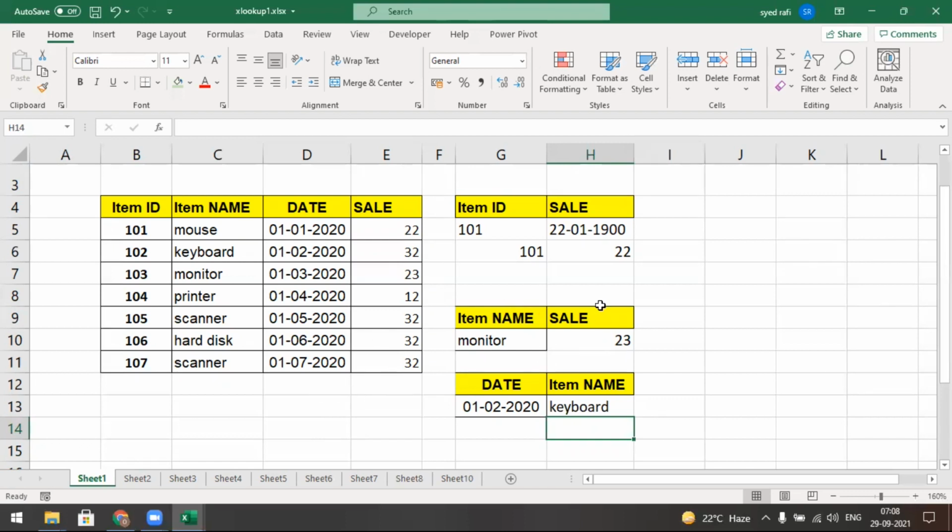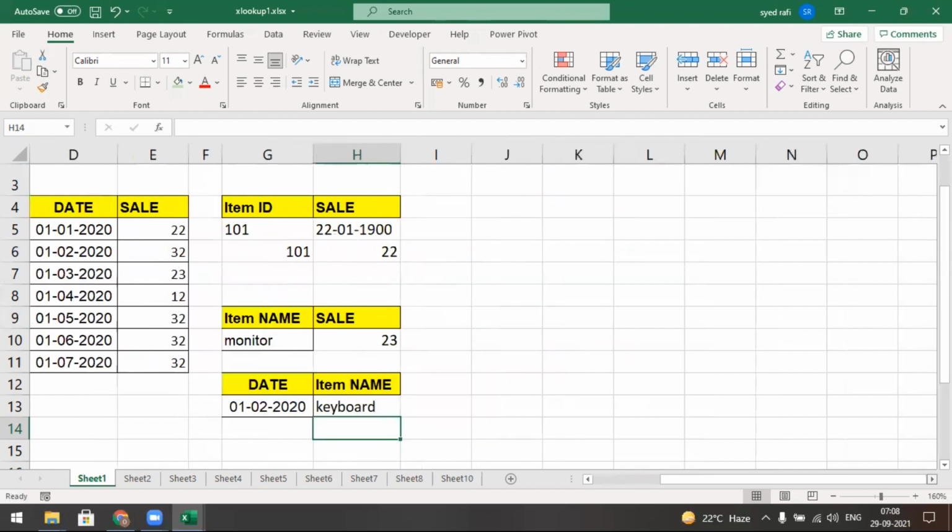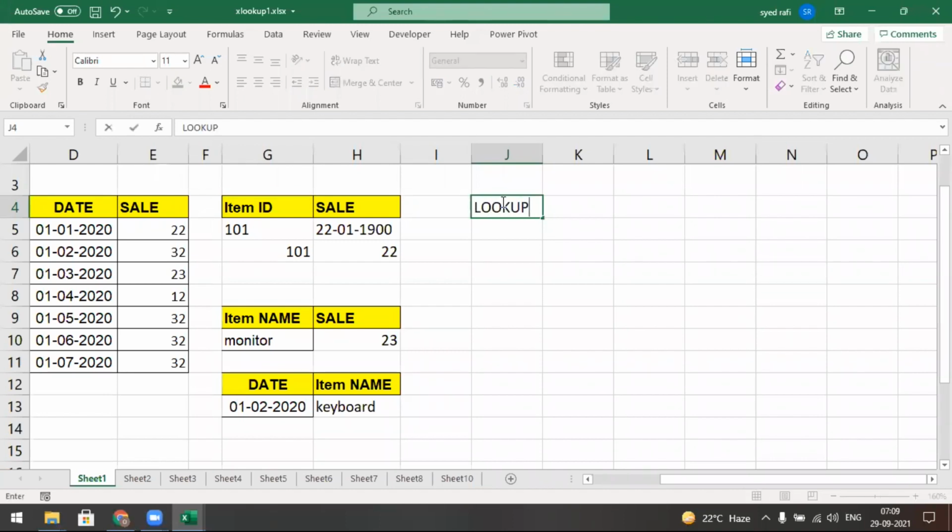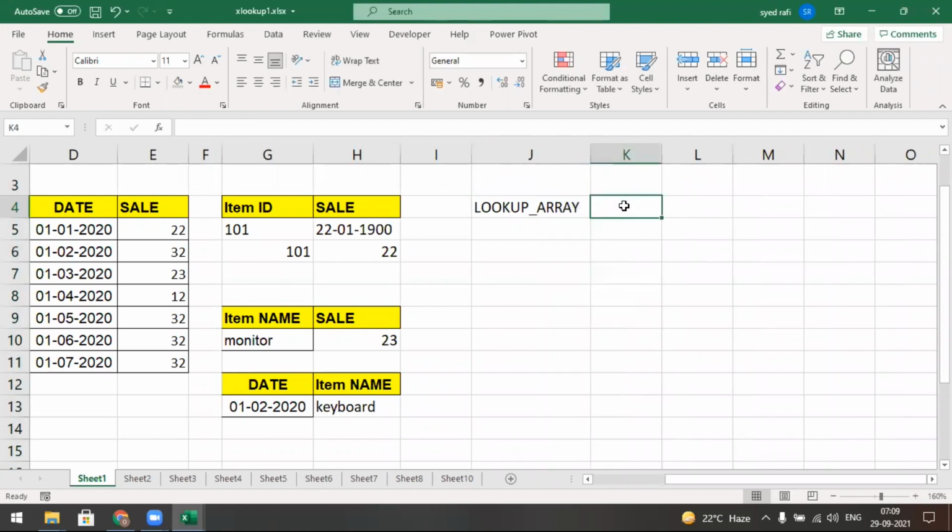Let's check. The first argument is a lookup array. Lookup array means the range in which you want to search for the value.